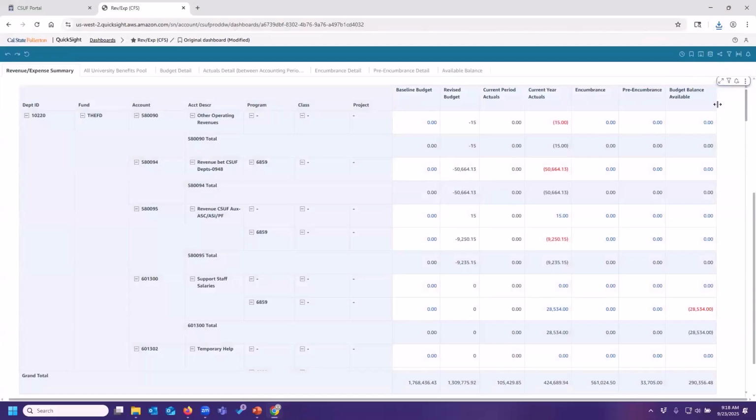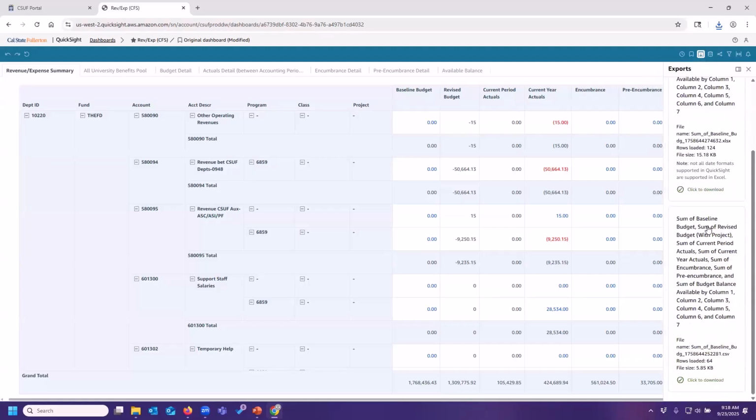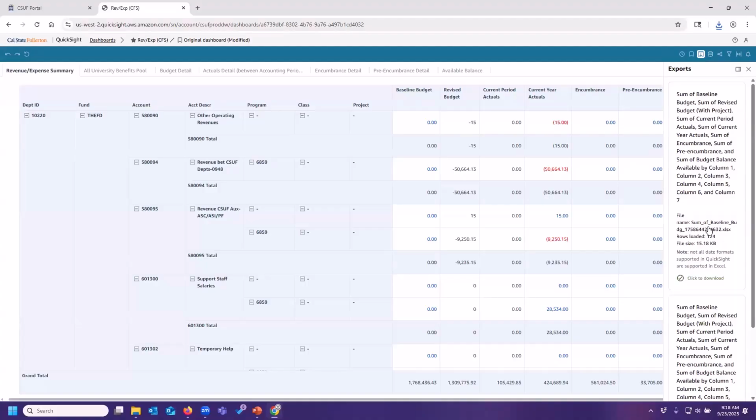So you saw those pop-ups that I got when my reports were ready, but let's say you missed that little pop-up. If you go here to the export icon and then view exports, there they are. Those are the two that I have run today. This exports only saves while you're here. So as soon as I close out of this, I navigate away from QuickSight, I move to a different website, it's going to get rid of these.